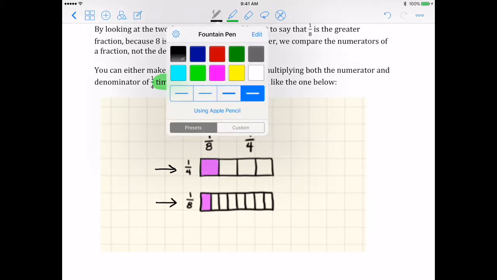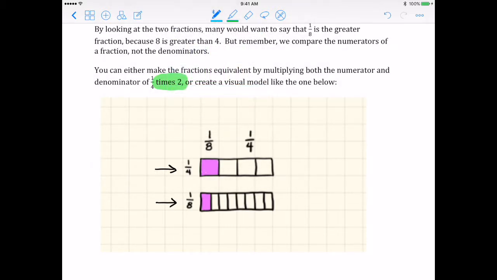So in this case, both of my fraction models start here, and both of my fraction models end here. They're the same length, they're the same size, but in each of them I've divided them differently to show